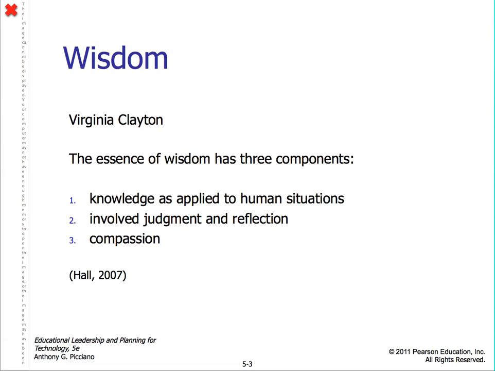And what the authors are trying to get across here is that we have to have these characteristics when we make decisions. We as educators and administrators have to remember that the ultimate end game of this is how it affects the students and people. So we can't just make hard hitting decisions solely based on the data. So that's what they're talking about here.